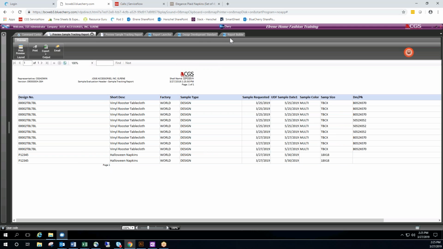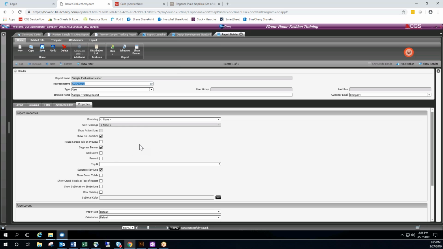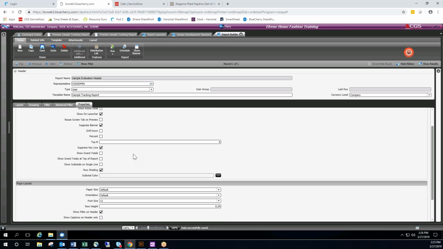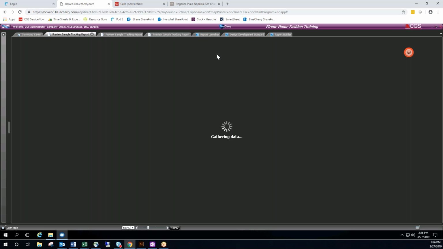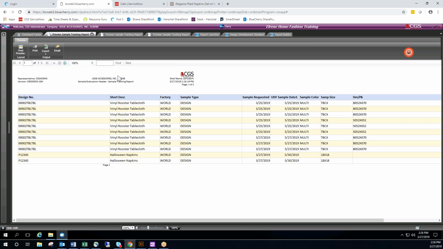There's one more key thing that we can probably do to make this easier for the users to read, and that's row shading. If we save it one more time, run preview in interactive mode. Here's what it looks like with row shading. So a little easier to read than just a listing here versus row shading every other row to kind of highlight it for readability purposes. So if I scroll all the way over to the right,